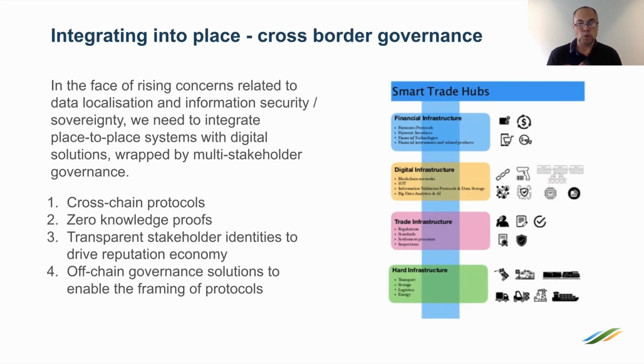And we are now exploring a range of technologies and governance protocols that will enable parties in different parts of the world to manage the information systems that will make it possible for them to do business with each other. In the blockchain environment, that means addressing issues to do with what we call cross-chain protocols. Think of it as enabling information that's been tracked on one particular banking network to be exchanged for information being tracked on a different banking network. And we've got to work out ways of ensuring that that can happen in a smooth and low-cost way.